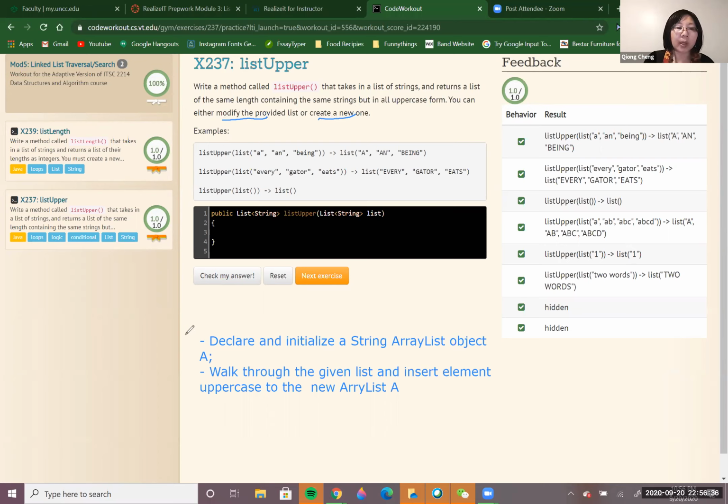If it's create a new one, we need to declare and initialize a string array list object A and walk through the given list and insert each element's uppercase to the new array list A, right? So now let's translate this pseudocode to